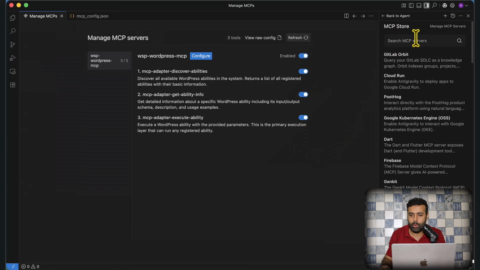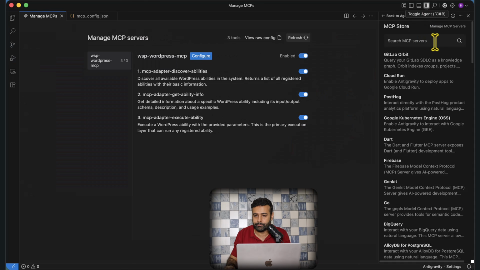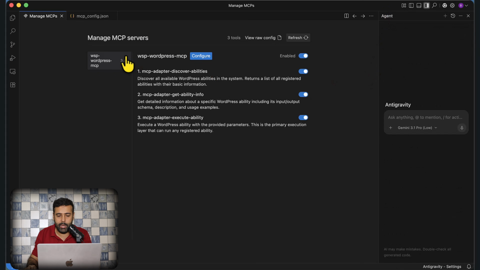Now let's test our Antigravity IDE 2.0 integration with WordPress. So I'm gonna open up my agent and ask it to please create an Elementor page for a website design agency,